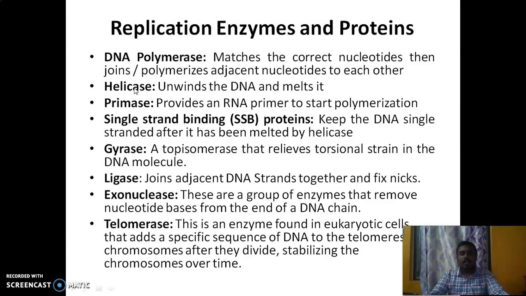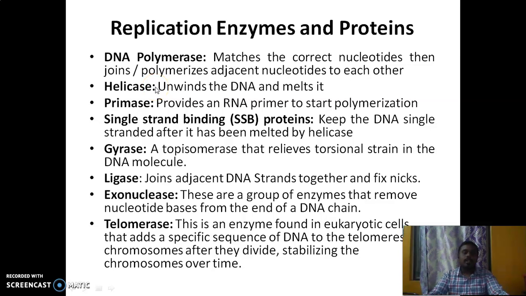The second enzyme is helicase. What is this helicase? Helicase is the most important enzyme in initiating this replication process because it does the unwinding of the DNA to start the replication process. We know DNA is a double-stranded structure and it is supercoiled in nature. So this double strand structure, which is wound very tightly, has to be unwound to start the replication process, and it is done by this enzyme helicase. To support the helicase, there is another enzyme which we call gyrase or topoisomerase. This topoisomerase relieves the torsional strain in the DNA molecule. So together, topoisomerase and helicase help in the unwinding of DNA so that DNA polymerase can start its